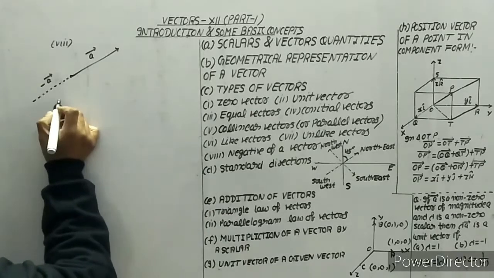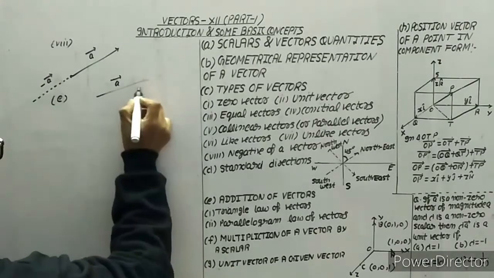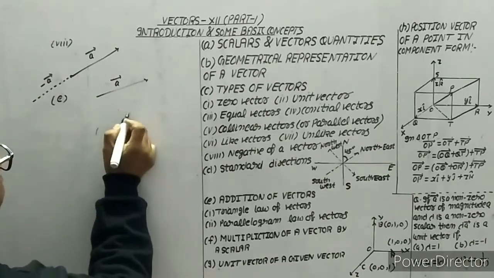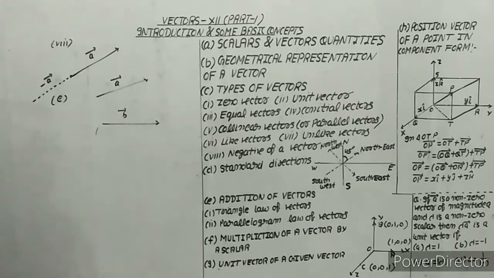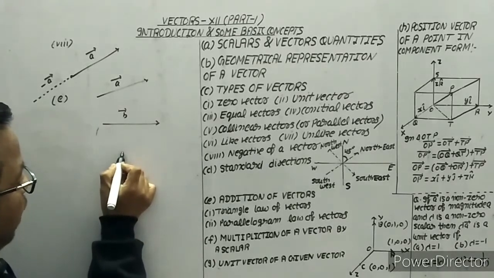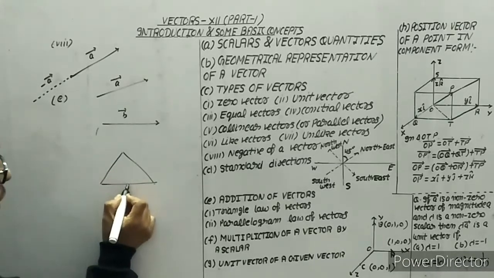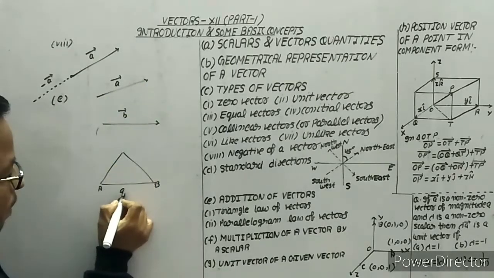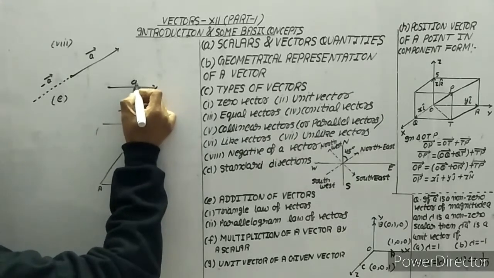Suppose we have, and this is a very important point, the addition of two vectors. In addition of two vectors, if I have a vector A and another vector B like this, then there is a very important rule to add these two vectors. Suppose we are taking this triangle, and for this triangle we are considering this as one side. Suppose this is the vector A. We are taking it in this way only, no problem.